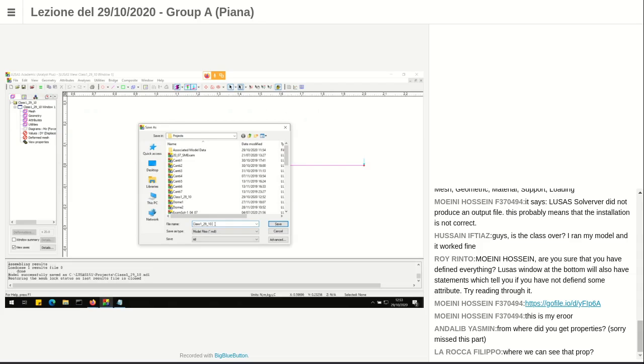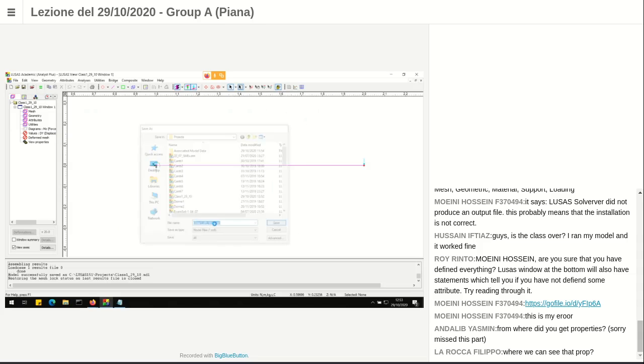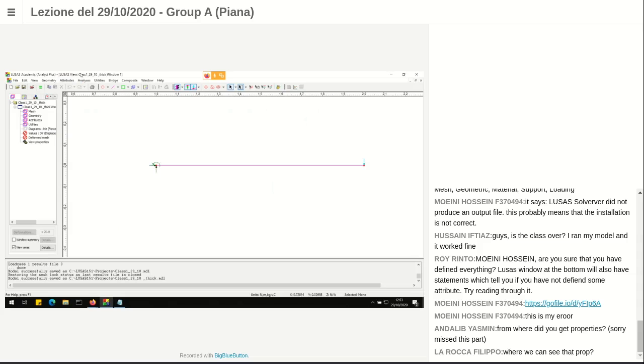Okay, I write here thick. The previous one was thin, for example. Now we can call it thick. Thick, okay? Save. Now I'm working on another model, okay? Thick. What we need to modify in the attributes is